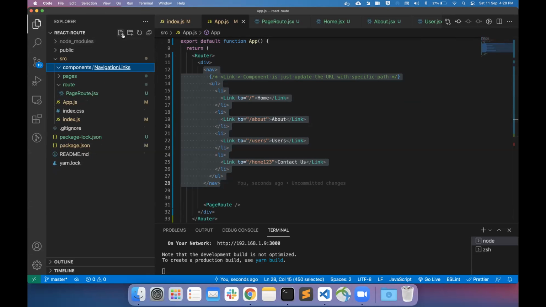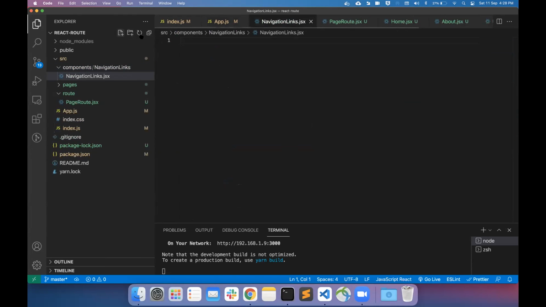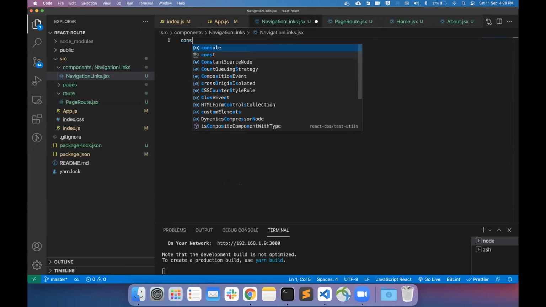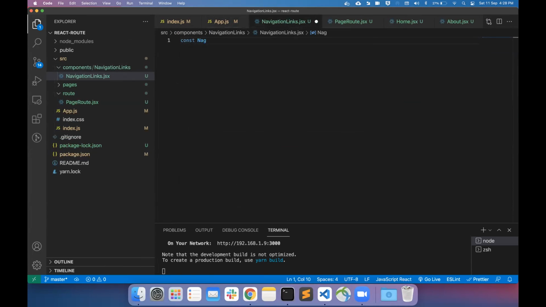In this navigation links, we will create one component, navigation links dot JSX. Okay, and here we write const navigation links, return